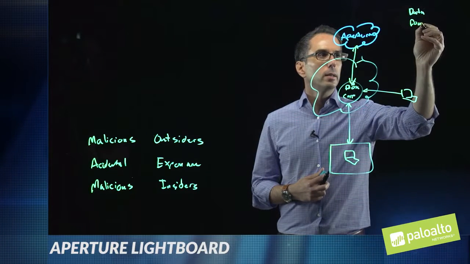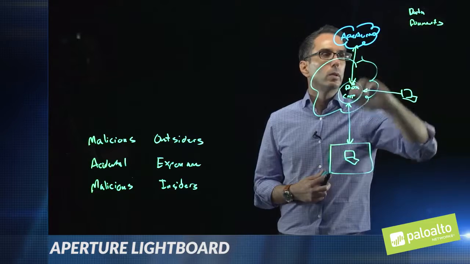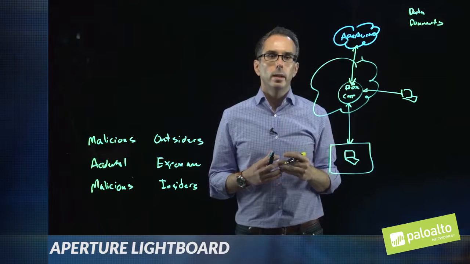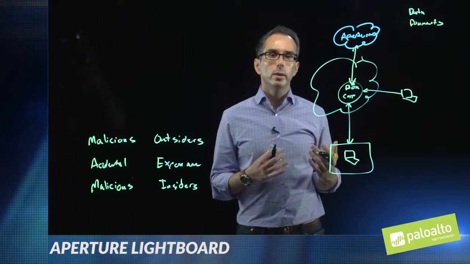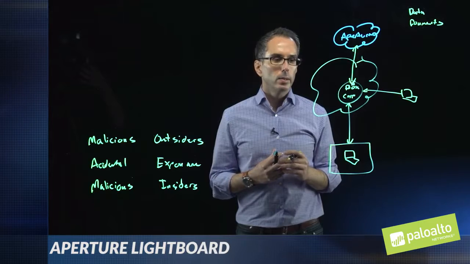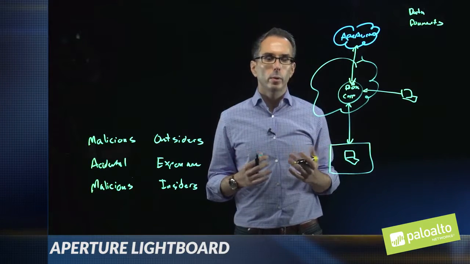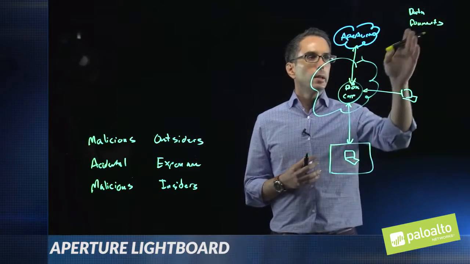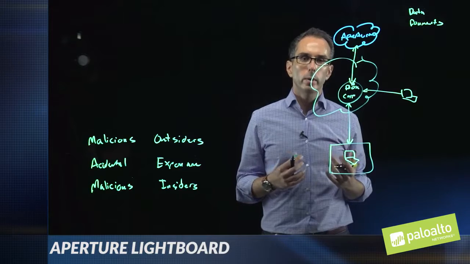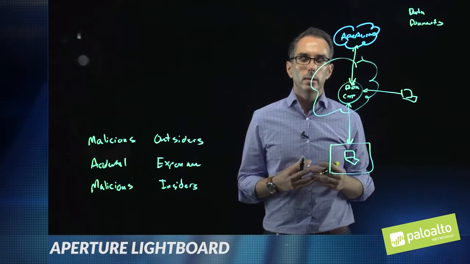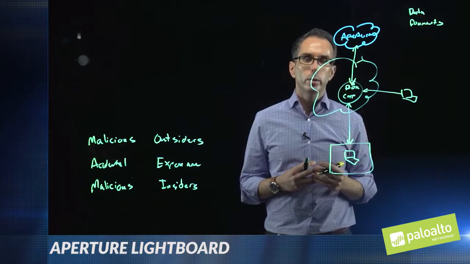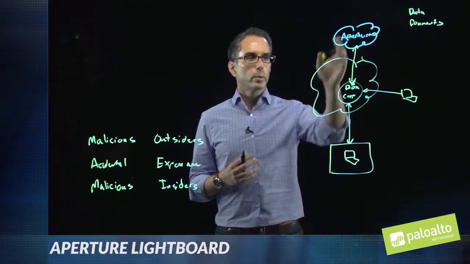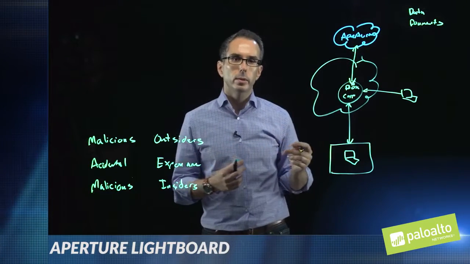It also uniquely looks at documents. And it doesn't just look at the document with the contents, but it also looks at what type of document it is, because we can use machine learning to learn the document itself. Is this document a legal form or a tax form or something like that would have sensitive data? So by its very nature, it's a sensitive document. And not just what we've pre-programmed with the machine learning capability, but we can also classify custom documents. So if this company has a specific document that they want to be able to support, they can actually upload their own document. Aperture will learn what that document is, and then you can apply a policy and have visibility